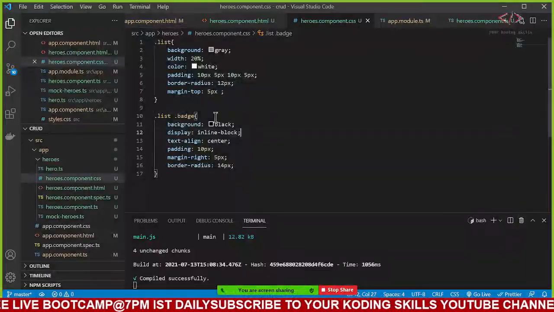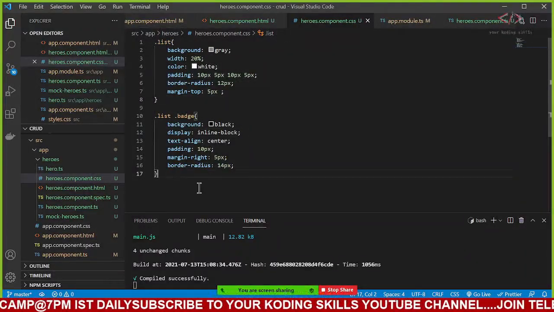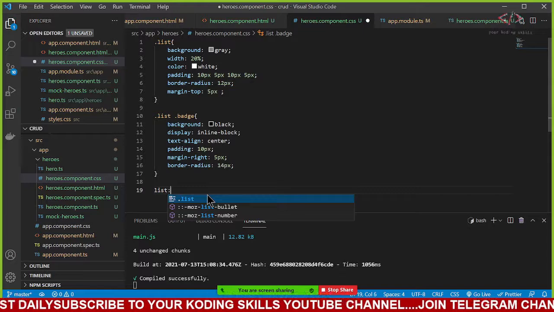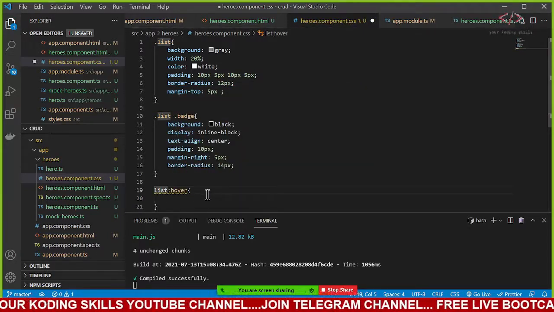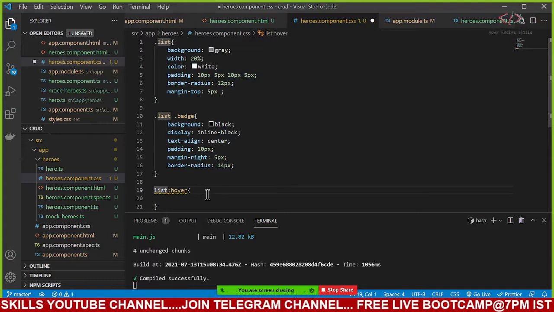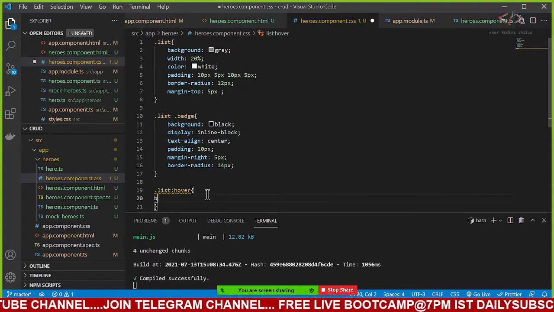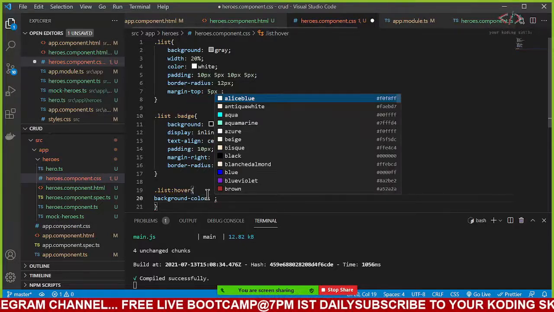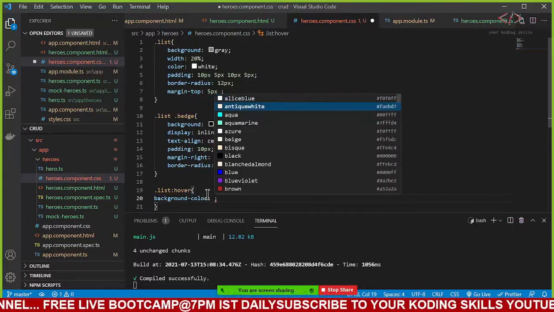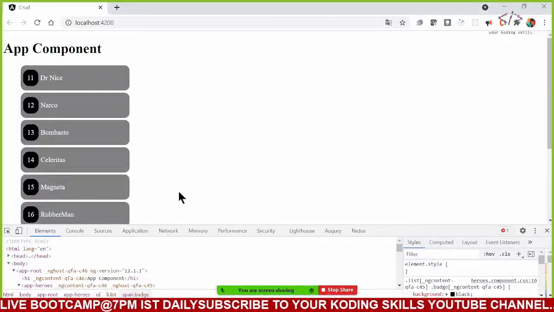Let me add one more, okay? One more is on this list, whenever I hover. List is a class. And on this, whenever I hover, background color, what will I give? I have to give some light color this time.